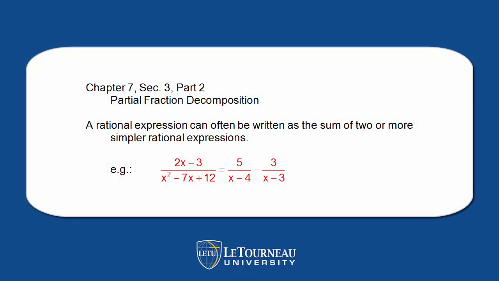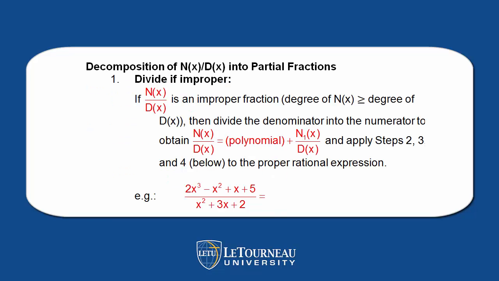In this section, we're going to look at partial fraction decomposition. What we want to do is take a fraction like (2x - 3)/(x² - 7x + 12) and make it equal what's there on the right, two simpler fractions. Now to do that, first of all, if we have an improper fraction to begin with, we go ahead and